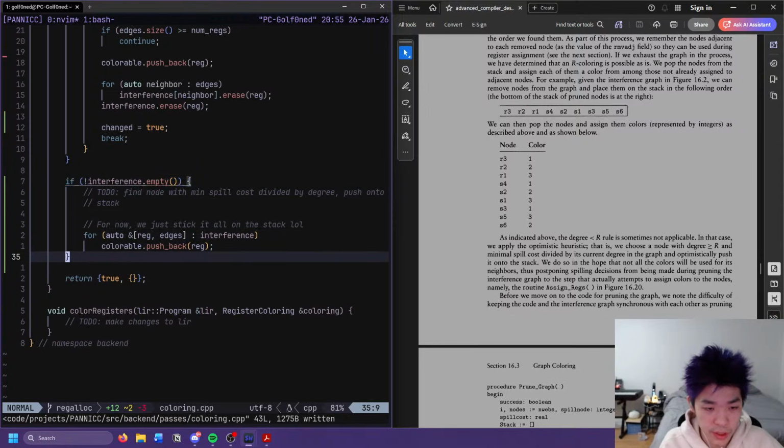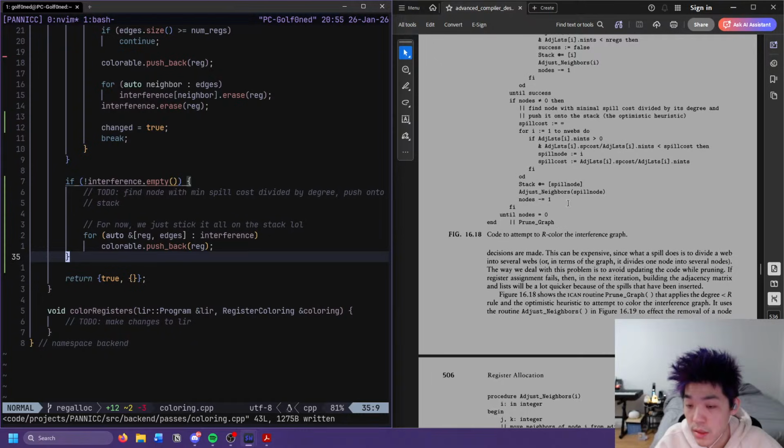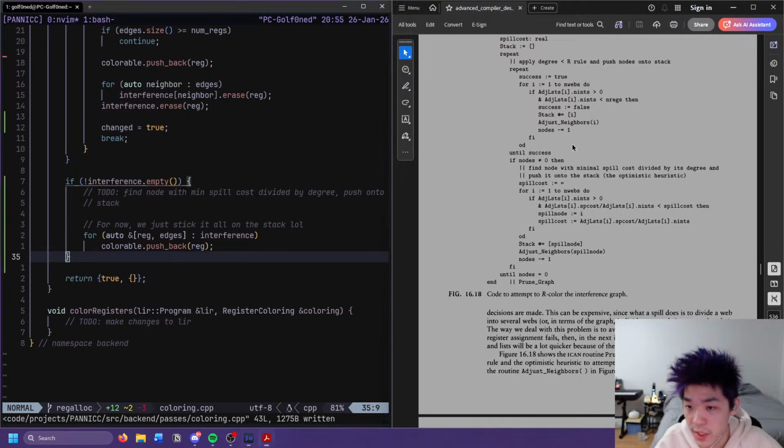Okay, what else do I do here? I think that's all I need for at least this part. So we just have made a stack at least. Do we do anything with the stack at all? Spill. Okay, this is all of this. Oh, we push one.